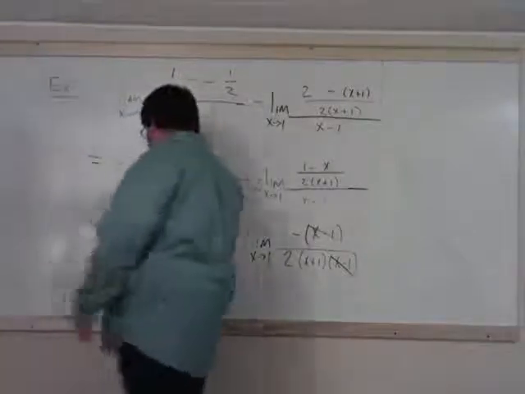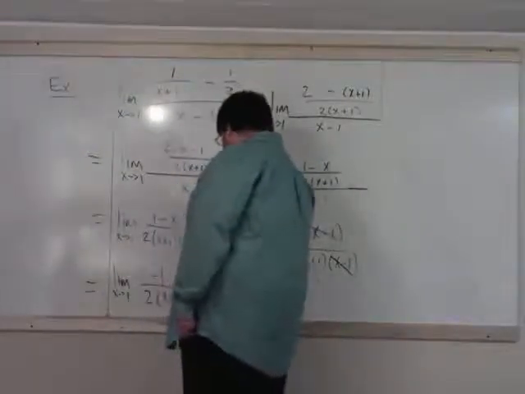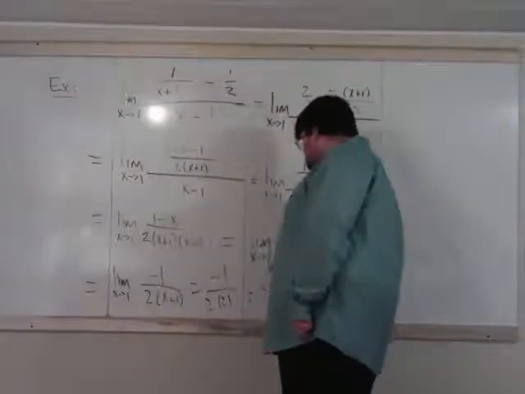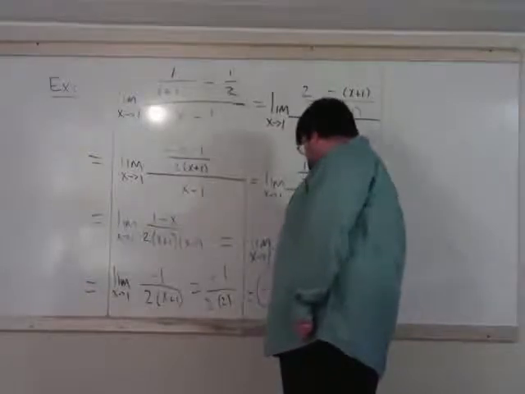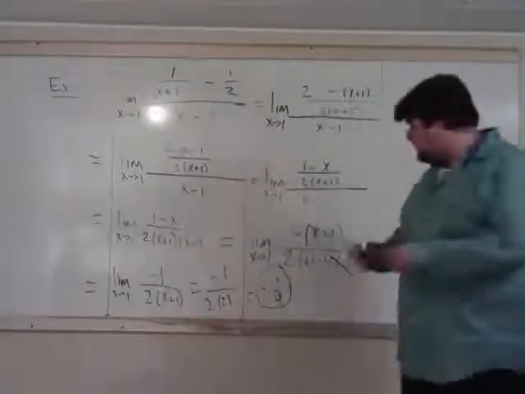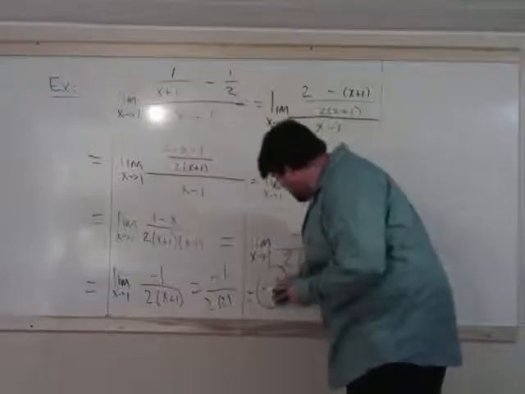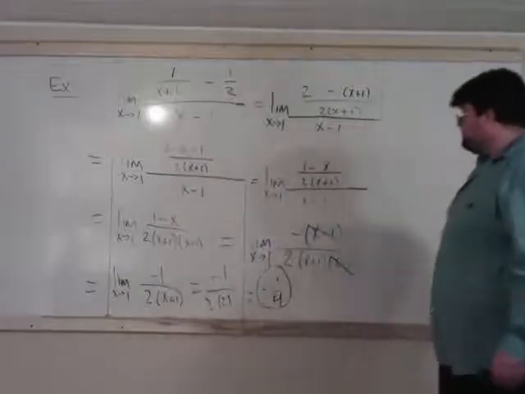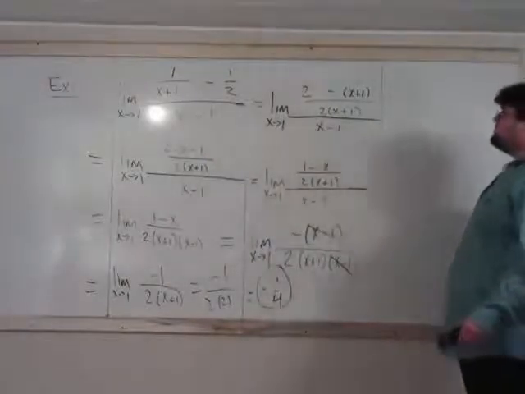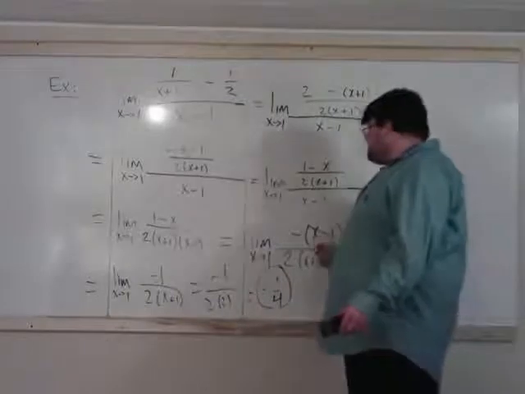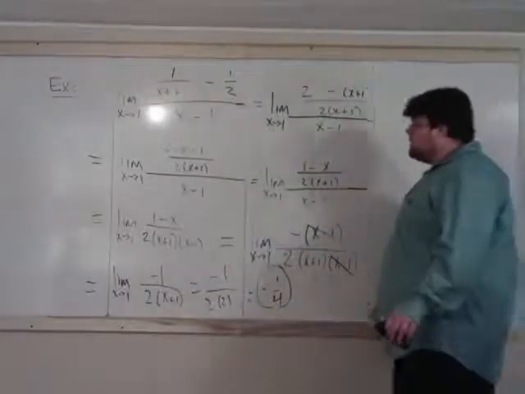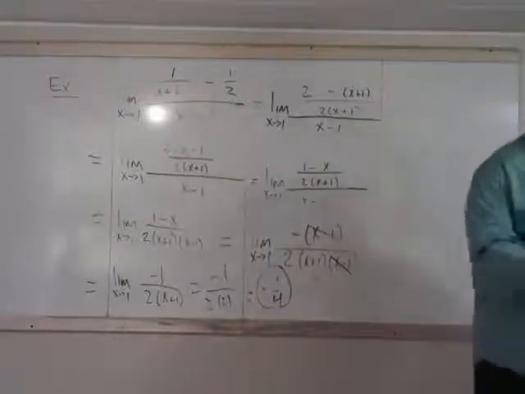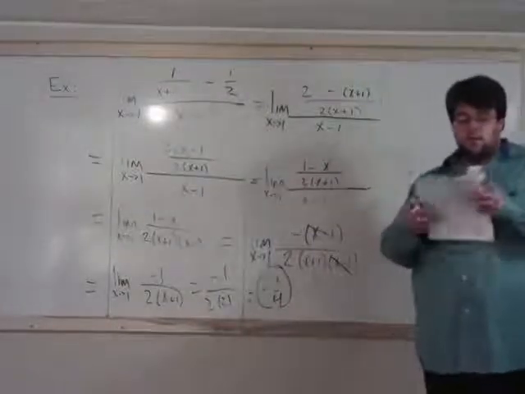So just rewriting that gives us that this is the limit of negative 1 over 2 times x plus 1. And now we can do a direct substitution. We get negative 1 over 2 times 2, which gives us negative 1/4. That's a 4 on the bottom. I don't know if that looks like a 4 on camera. It doesn't look like a 4 that clearly in front of me. There. So here we combined all these fractions until we were able to cancel the x minus 1. And in general, those are the types of case 3 problems we could see, the 0 over